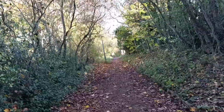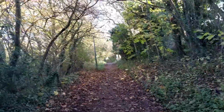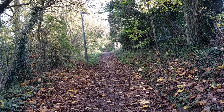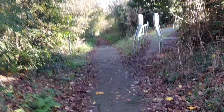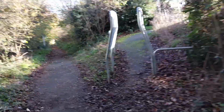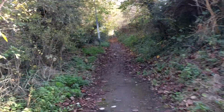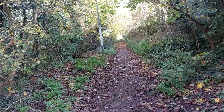I'm sure I've been this way before, but I can't quite remember, to be honest with you. But let's check it out. Yeah, so I have to come back to Stirchley either later today, if there's still enough sunlight in the sky, or next weekend maybe, to explore that other path that I saw. But where I'm going right now,